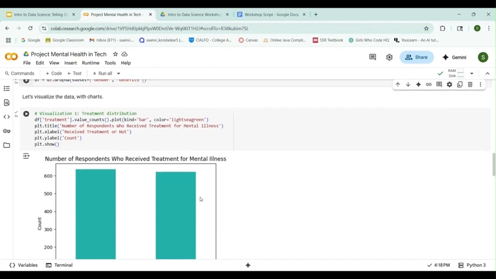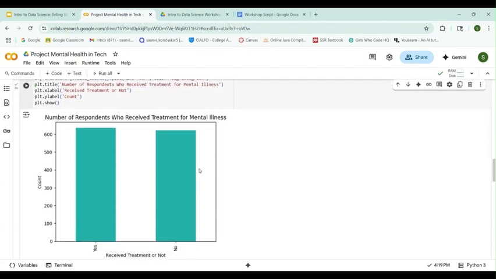We can see here that the number of participants who received treatment for mental illness and those who didn't is about the same. With this data, we can begin asking questions like, does the proportion of individuals with mental illness versus individuals without mental illness reflect the realities within the tech industry, and why?